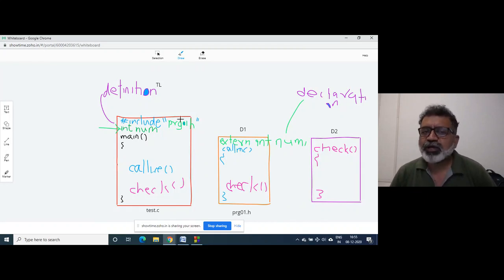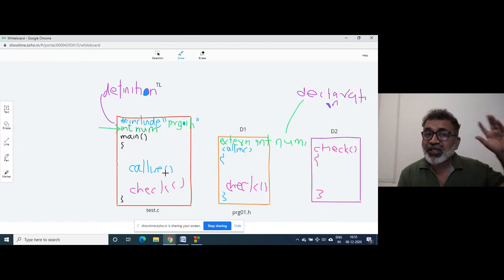Obviously, this file will be included here in the test.c file, because this is the main function and this is going to be the starting point of program execution. The file which contains the main function can be the only starting point, because while learning basics, we have seen that any C program can contain one and only one main function, and program execution always starts from the main function. These are basic points we learned in the first chapter before we start programming.